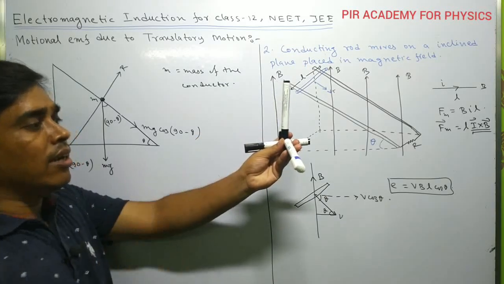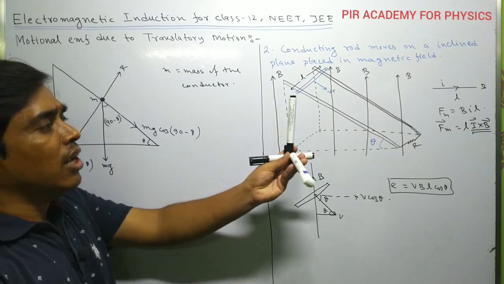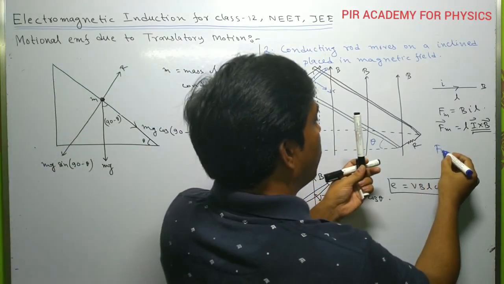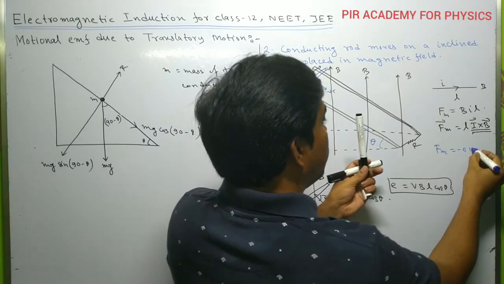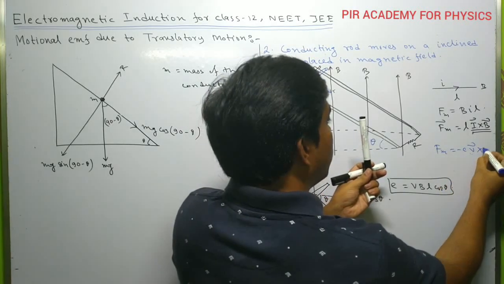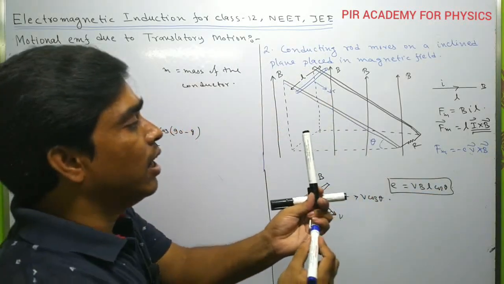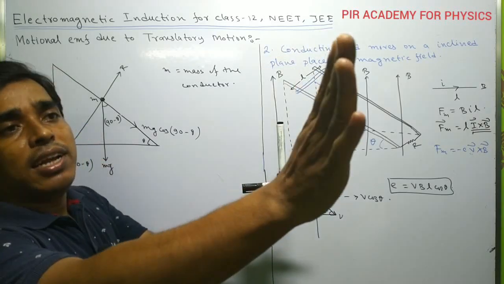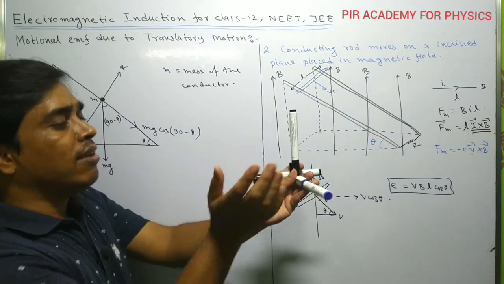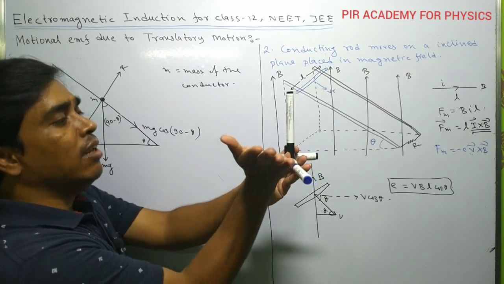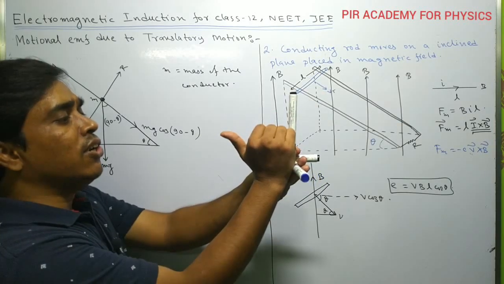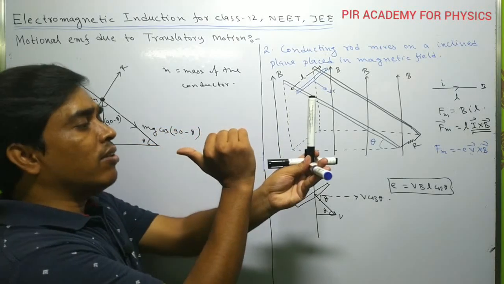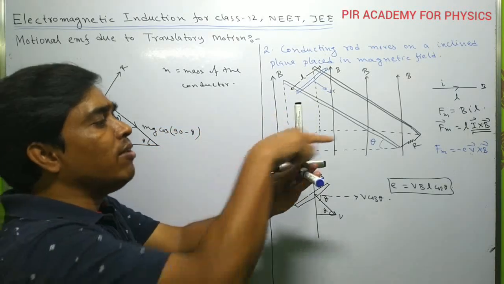This pen is a conductor. Here there is a magnetic force also, F m equals minus e V cross B. In this case you have to find out the direction of the current first. Now this is my right hand. I put this right hand along this direction. This is V, and V cross B. The direction of the electron is in this direction, but there is a minus, so the electron moves along this direction.